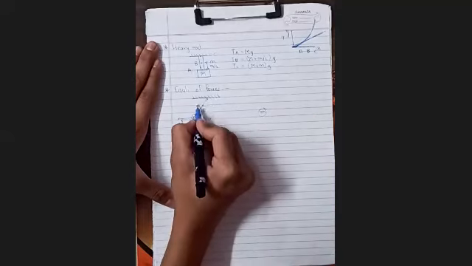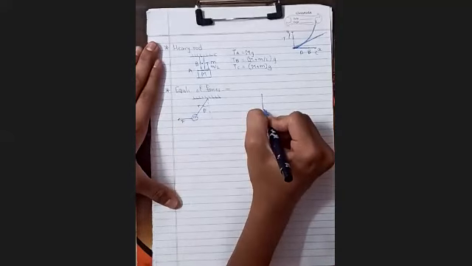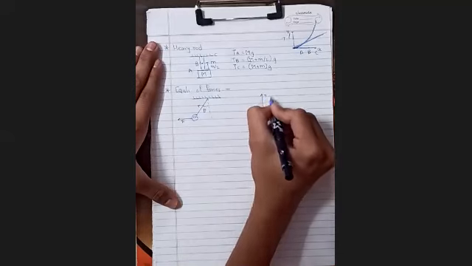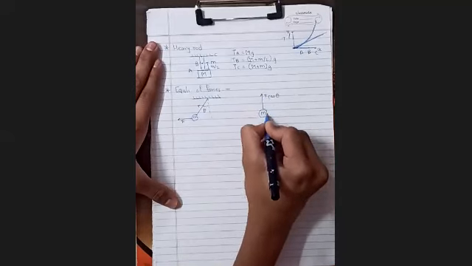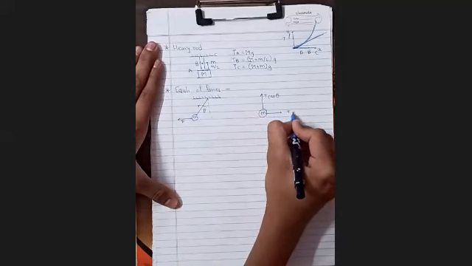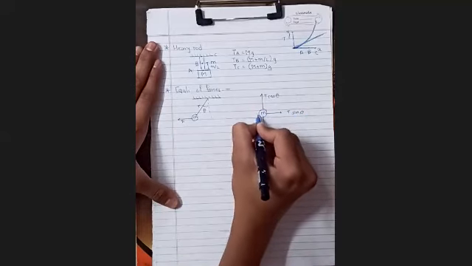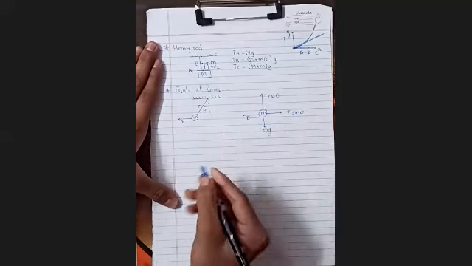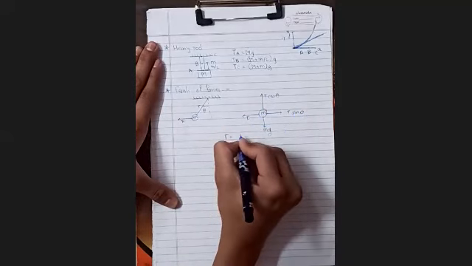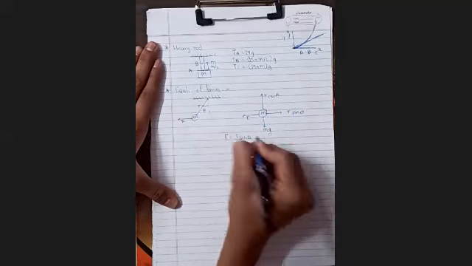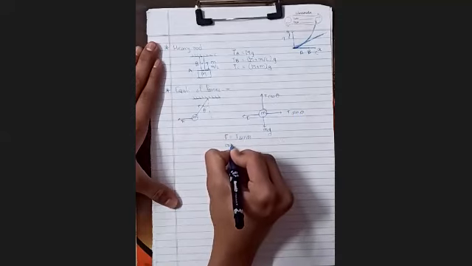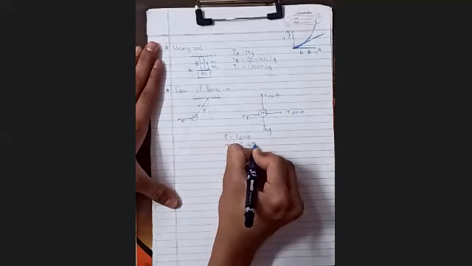we divide this T force into components, so we get in the upward direction T cos theta, and in this direction T sin theta. And there is a downward force mg, and force F is applied on it. So here force F is equal to T sin theta, and mg is equal to T cos theta.